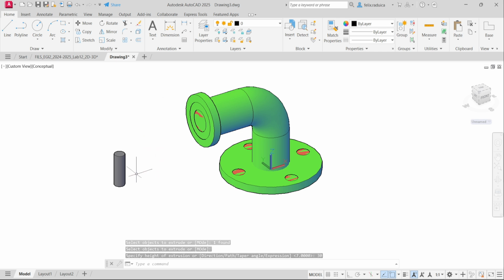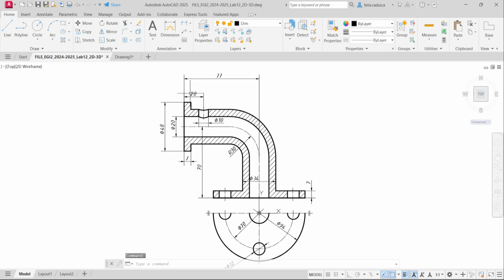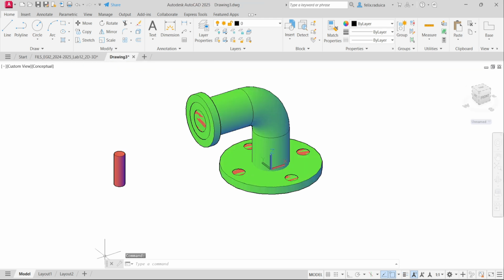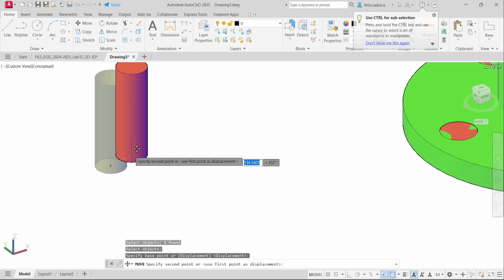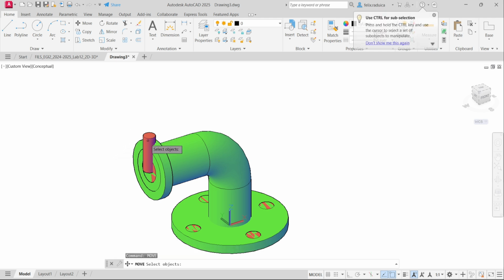And now I have to bring this geometry to the proper position. This will be part of the inside layer. So I'll move it with the center point of this face to the center point of this face, and then move it towards the right 20 millimeters, because I have here the 20 millimeter dimension from the face to the axis line. So two move commands. First move command, move this body, have it by that reference, and place it on this center point, and then another move command, the same body,